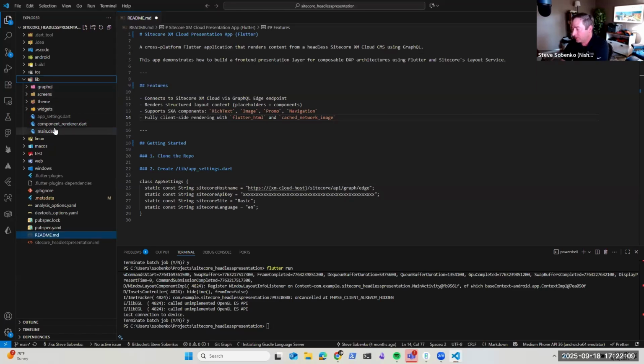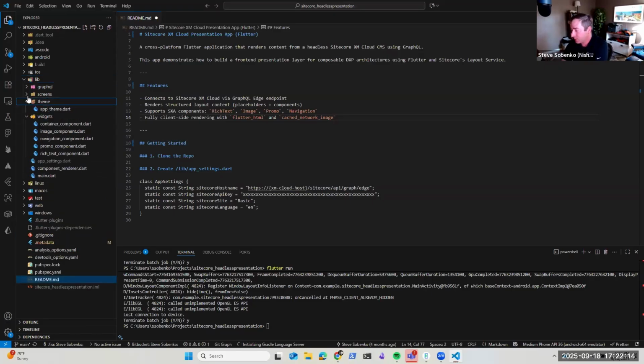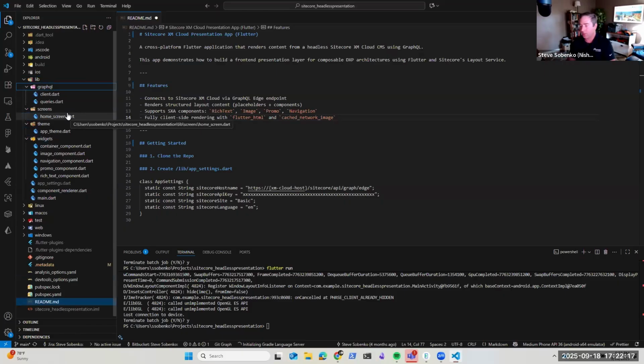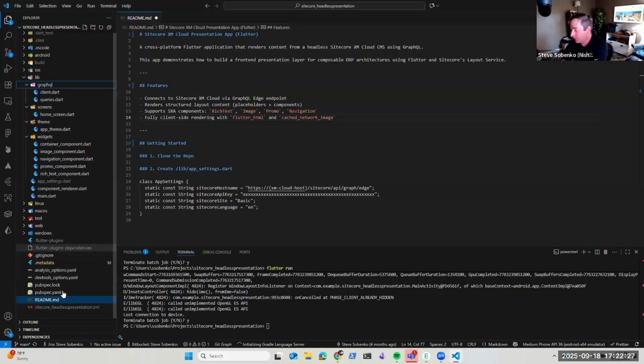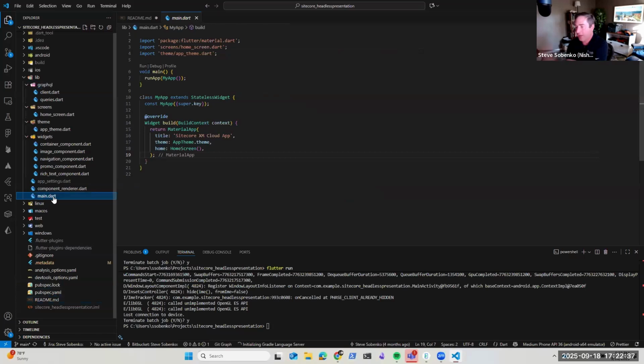So in the lib folder, what I'm going to do is expand every single file of my project. And there's not much. There's a lot that's given to you as part of this framework for free. So other than some of my meta files around how Flutter packages are added or manifest files telling me how to build, we're going to focus only on this lib folder. Main is a very simple file. This is our entry point. And this is where we're going to build our one stateless widget.